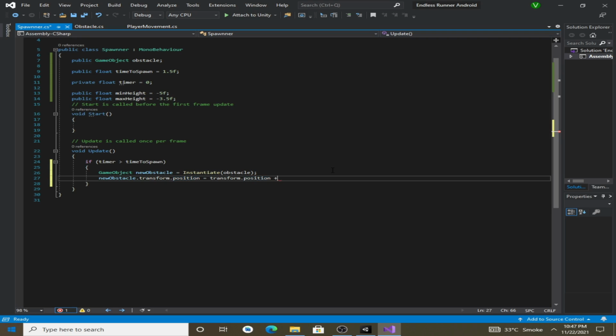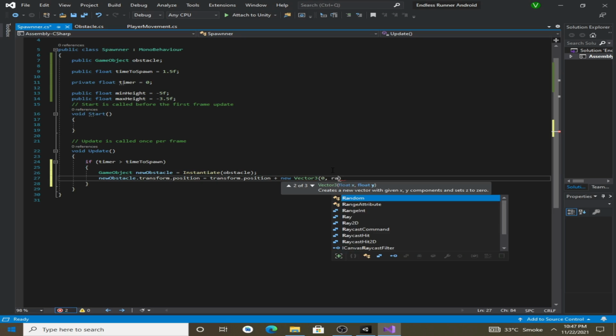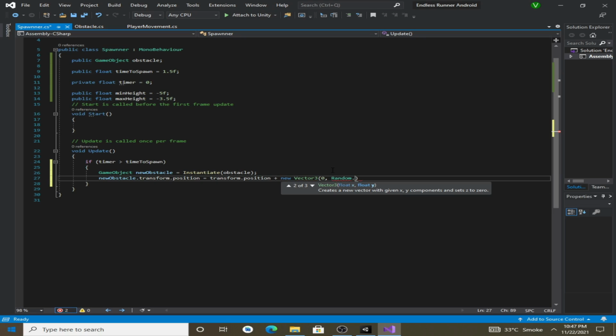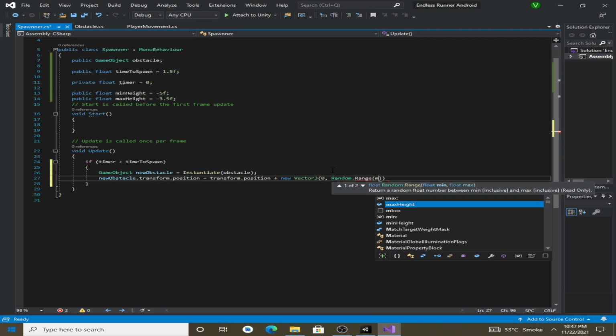We don't want to modify its x value, so make it 0, and we will make the y value randomized between two numbers, min height and max height, so that we can get a random height for our obstacle. And for the z we can pass in 0.